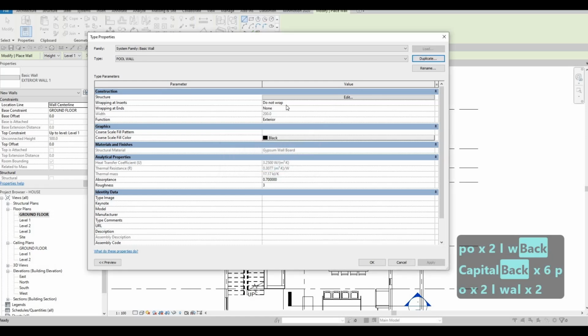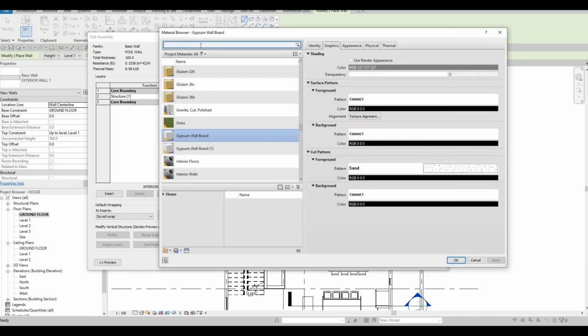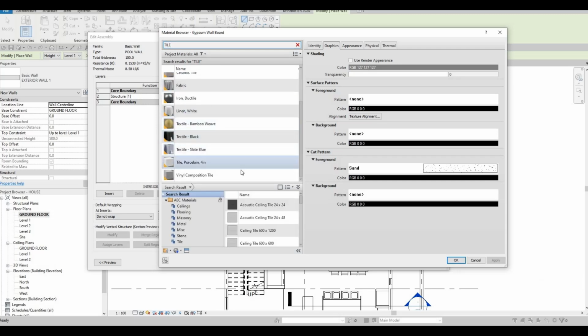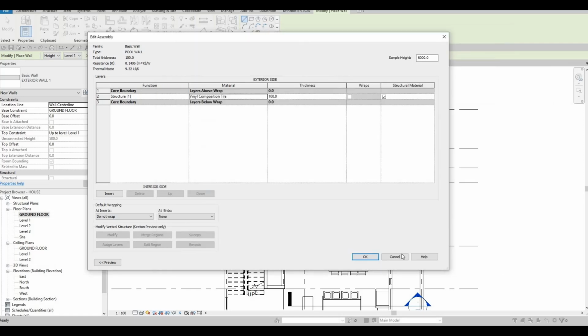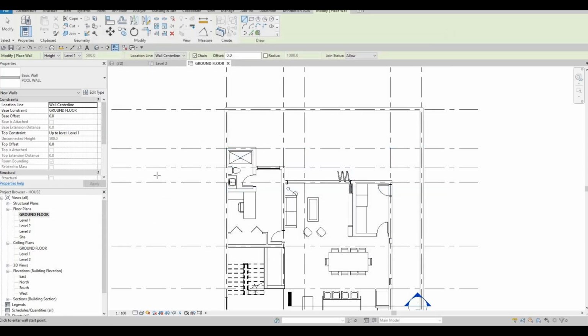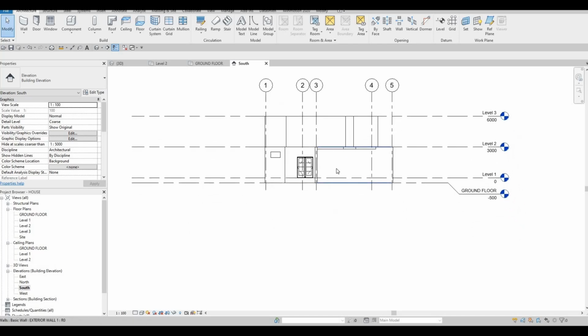Press OK, edit, and then I want to make this one 100 and change the material. So let's put in a tile material. We already used this, so maybe I'm just gonna use this one instead. OK, and then OK. And before we add that, we need to check our south elevation in order to